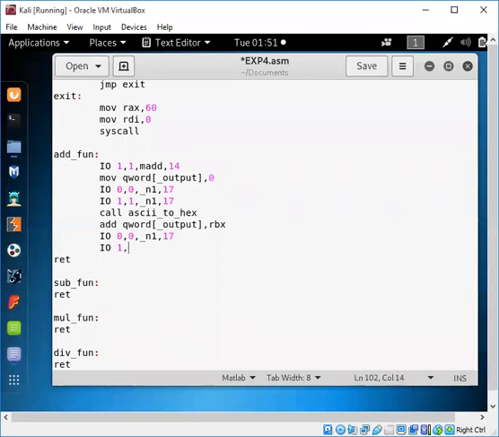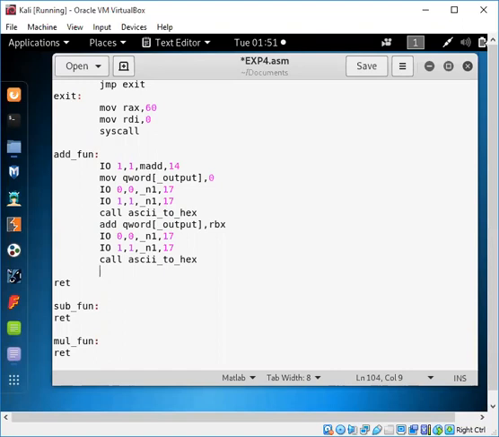And we'll display that number also, which number we have entered. That is the second number, you can take it with two different variables. There is an issue for this, but we can use another variable if required. Now this will be for the second number. For that also we need to call the same conversion again, that is ASCII to hex. For both the numbers we need to check, and only then can we perform the operation.